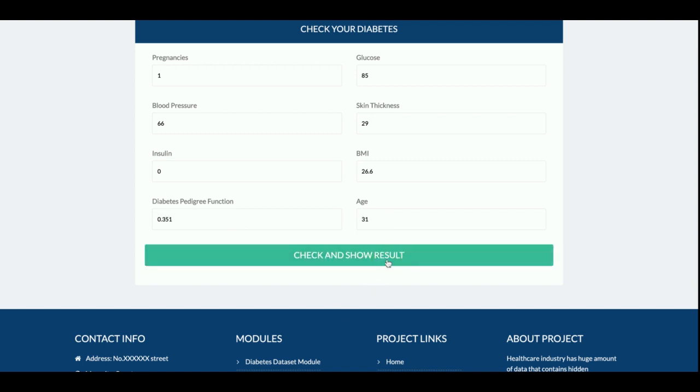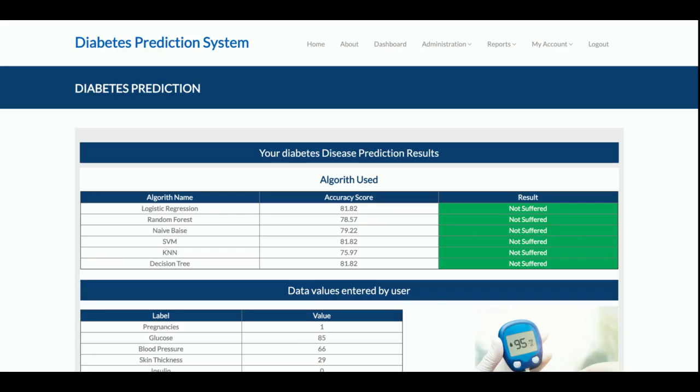Once you click on this, it will show that you are not diabetic, not suffering, right?